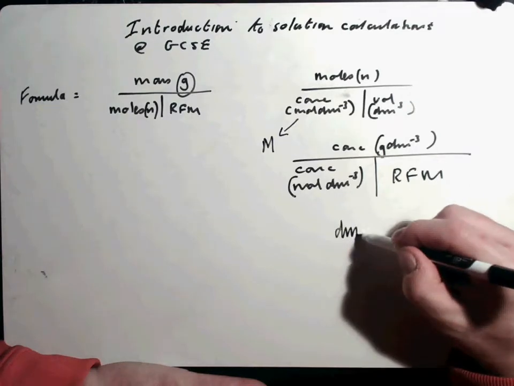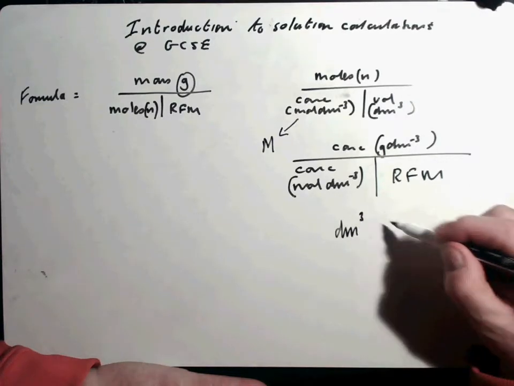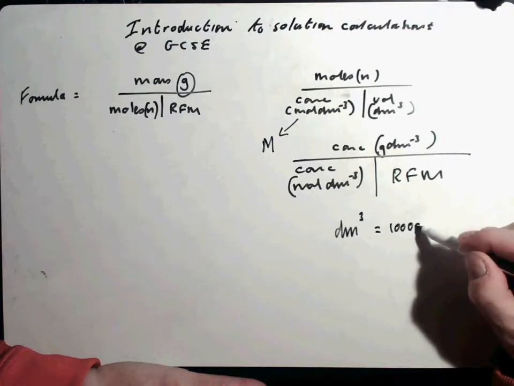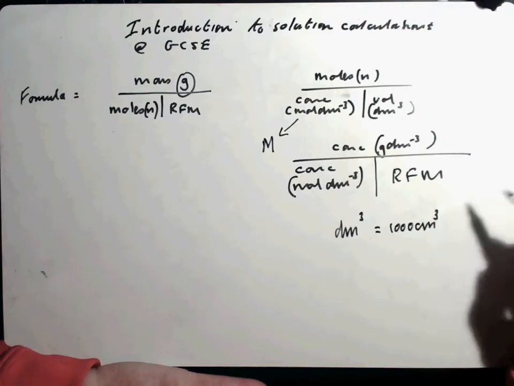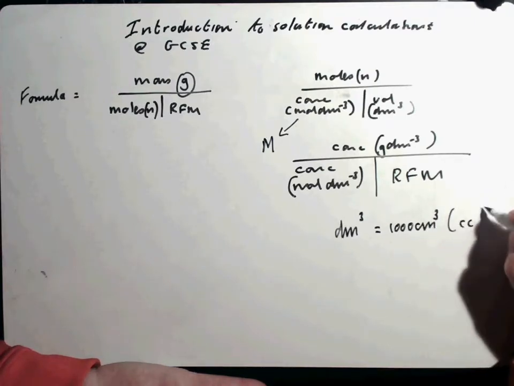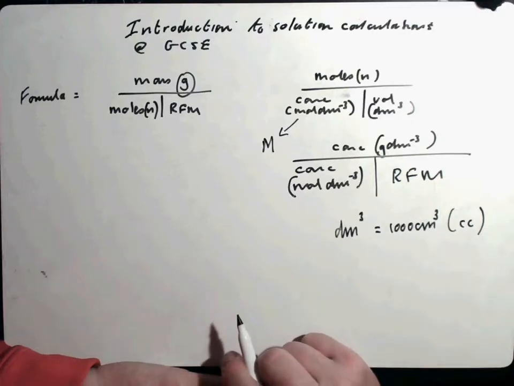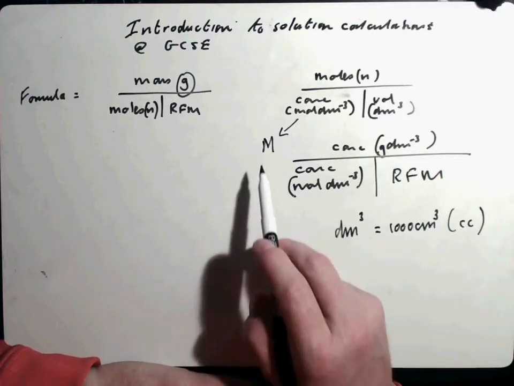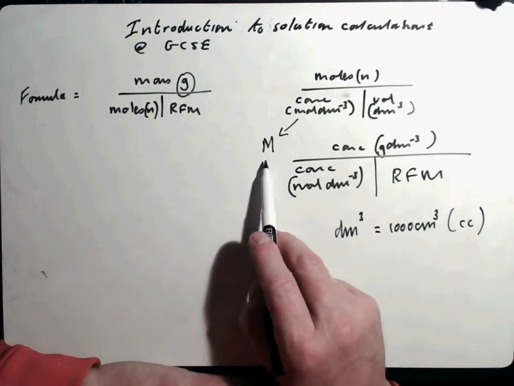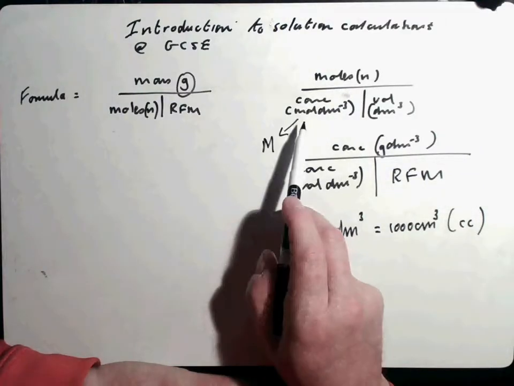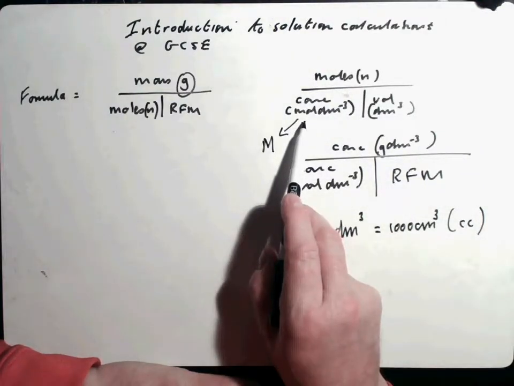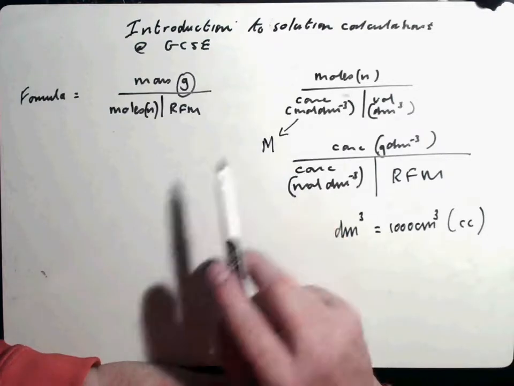Just remind yourself, if you don't remember, a decimeter cubed is equal to 1000 cubic centimeters. Sometimes I write cubic centimeters as cc, so just so you know what I'm talking about. And also moles per decimeter cubed is often written as capital M. So when I talk about capital M, or even when you read it in textbooks, websites,